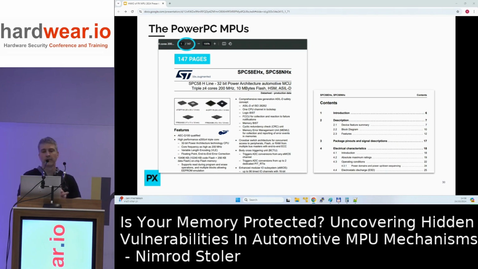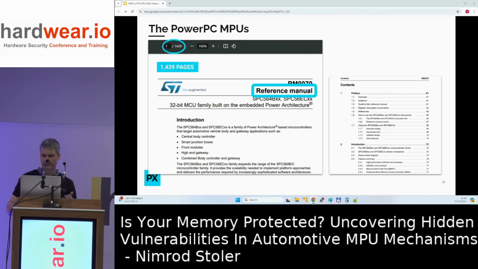Then read the 147 pages of this chip's datasheet, and if all that was not enough, our poor system designer would have to get closely acquainted with perhaps the most important of them, the thrilling 1,439 pages of this ST reference manual. So far, we've reached more than 2,000 pages, but even if the system designer religiously follows all instructions in each of these